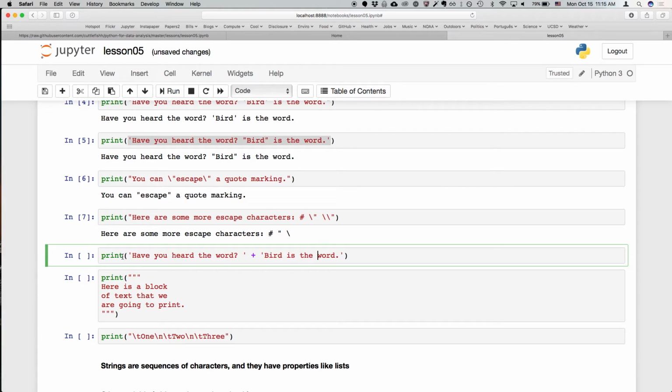We can also add strings. So when we add, we're not actually adding, we're concatenating. One of the things about Python that's kind of cool is that it's dynamically typed. And what that means is that